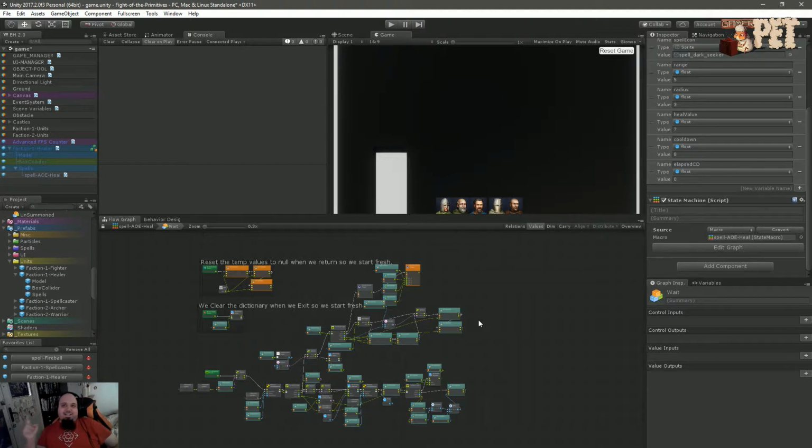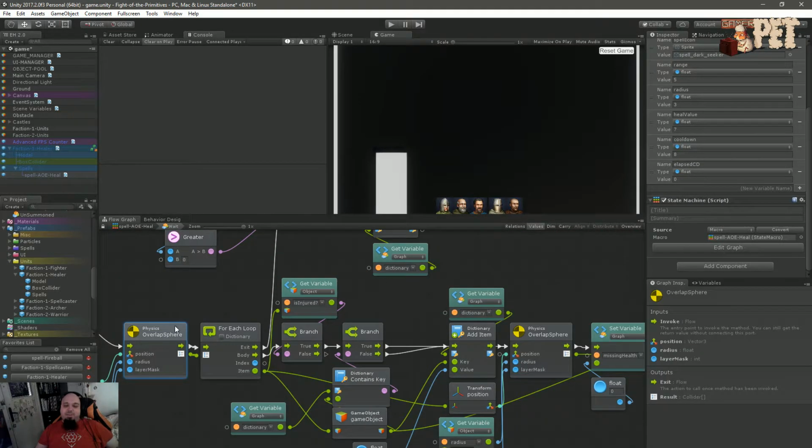So the healer has a long range of allies. Then what he does is cast an overlap sphere on each of the allies. Each of those overlap spheres gets a value of how much it will heal. And then when he knows which one,